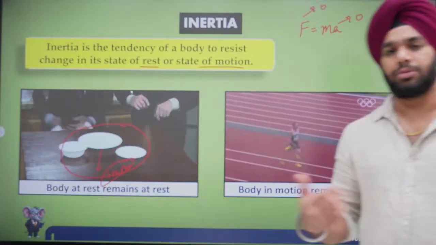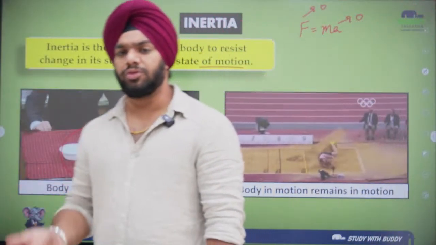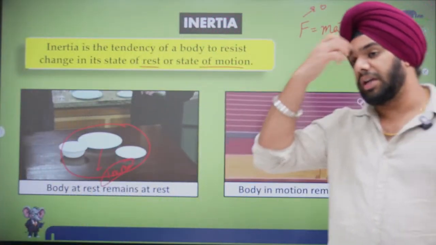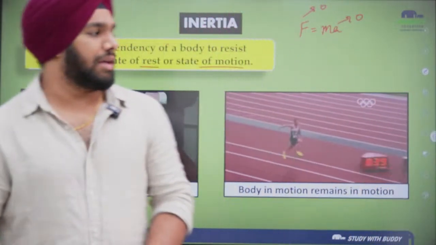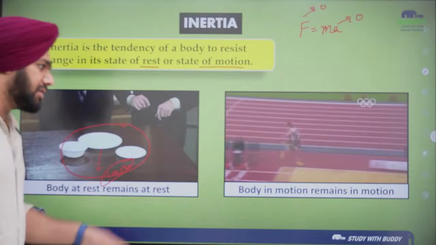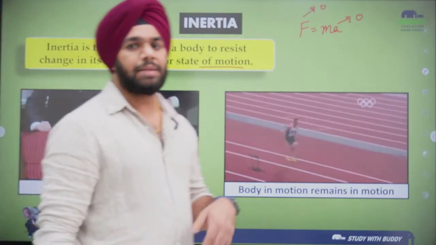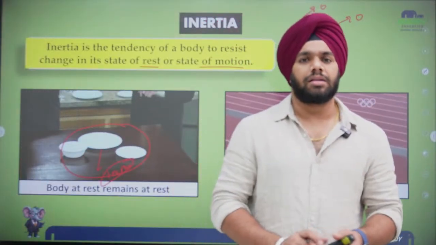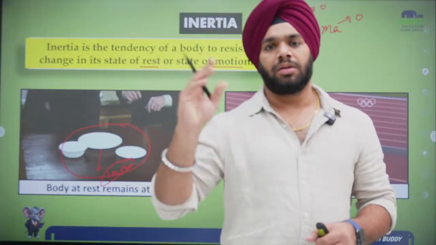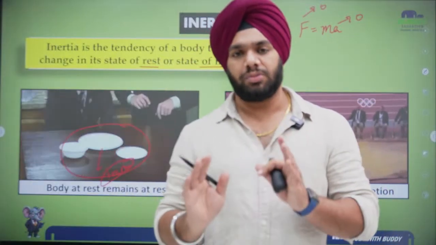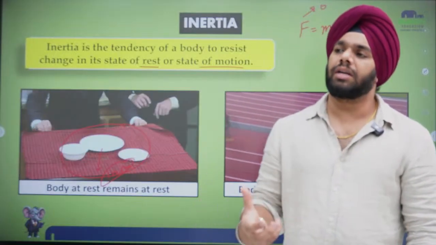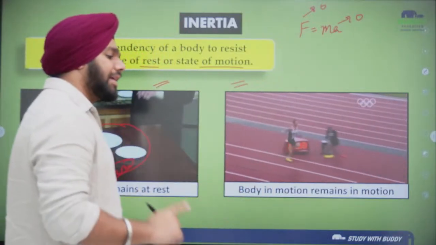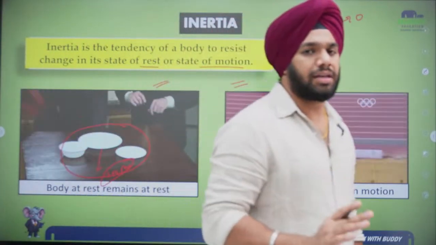So there are basically three types of inertia: inertia of rest, inertia of motion, inertia of direction. Today, obviously, we are just discussing what exactly inertia is, and I also gave you the example of inertia at rest. But yes, there are three types of inertia. Three types means basically the effect is changing, so we have distinguished the inertia. Inertia is the same. It is not like inertia of motion or inertia of rest are different things. It's just one inertia, but to distinguish it easily: inertia at rest, inertia at motion, and inertia at direction. It also happens with the direction. We will be discussing that.